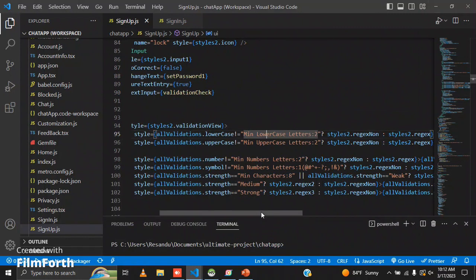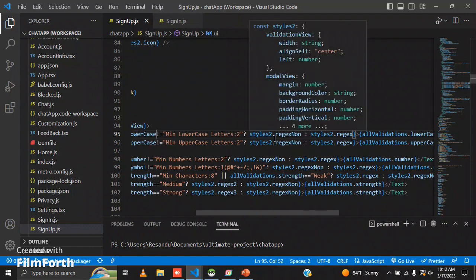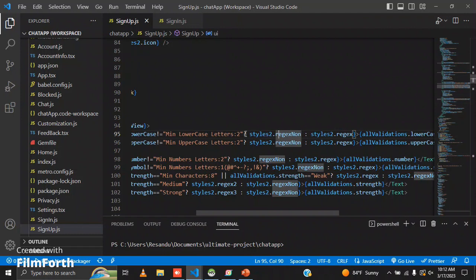And let's just say if it is not equal to this, that means I have given a style as style2 regex none. What this does is that it makes the font size 0, so there is no text, you can see in here,